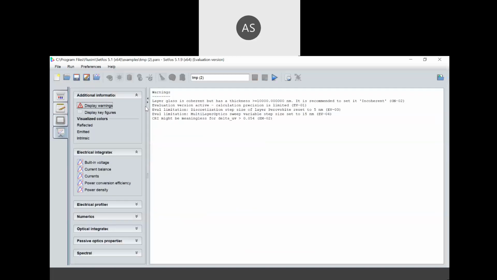Now it is done, the calculation is done. You can plot your output by simply clicking on this window bulb option. Now this is your output.